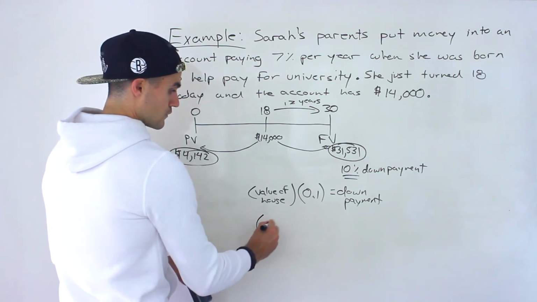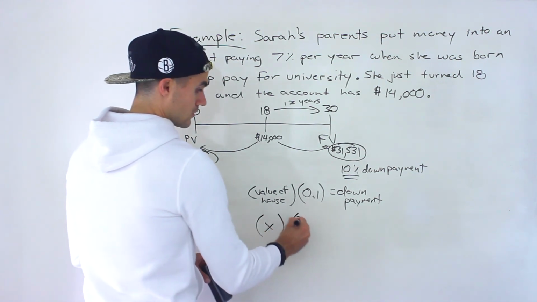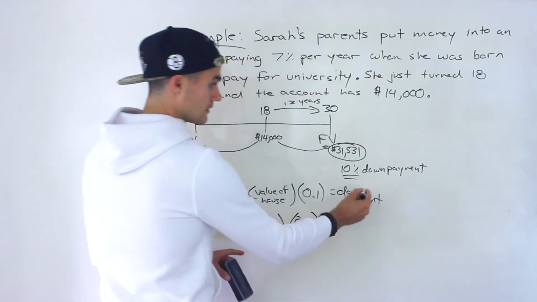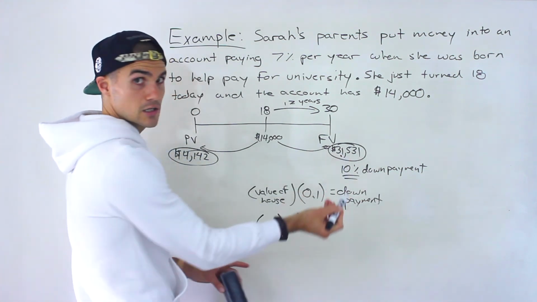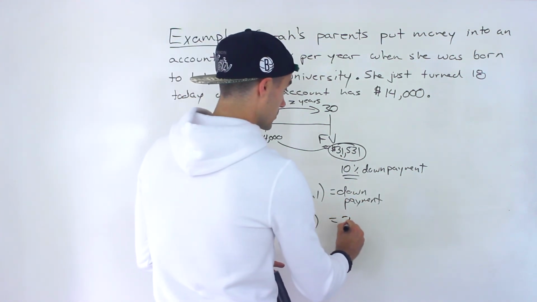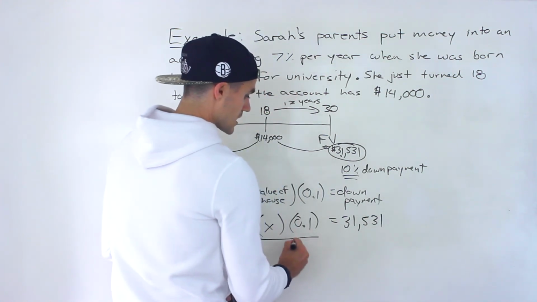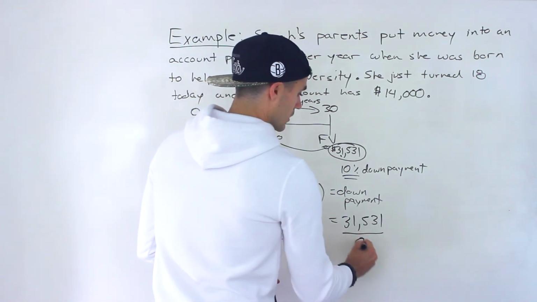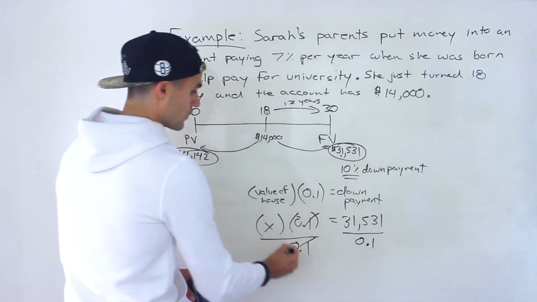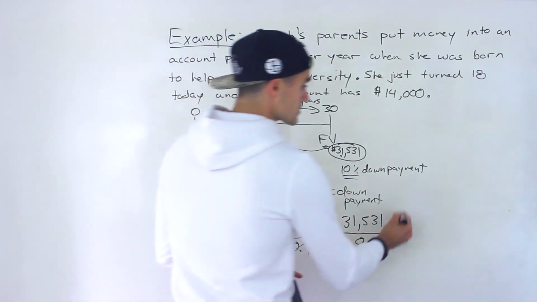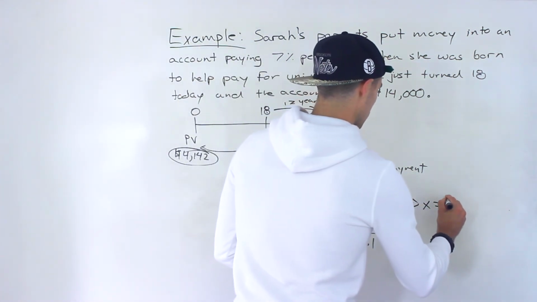So we have x, what we're solving for, times 0.1, and then the down payment is going to be that amount that she's going to put down, 31,531. So divide both sides by 0.1 to isolate for that x, for that value of the house. And when you do that, you'd end up with